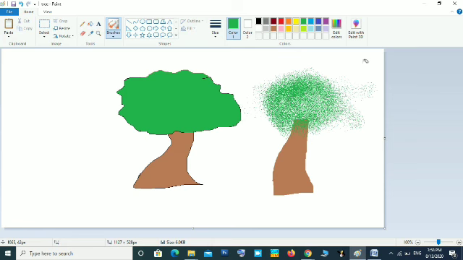These are the drawing tools. Using these tools, you can draw any picture according to your requirement. These tools you can practice only after starting the computer lab session. Otherwise, it is not possible to do on a mobile phone. Those who have a computer can practice on your computer.